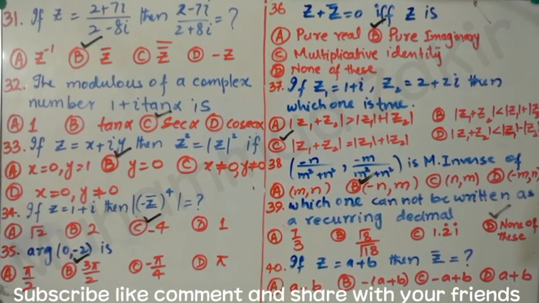Okay, this is next. If z is equal to a plus b, then what is z conjugate? If z is equal to a plus b, it has no iota in it. So this is purely real. So the conjugate of a real number is the real number itself. So which option will be correct? D option will be correct in this case. So the conjugate and the number will be the same when they are real. Z is real, it is the same as its conjugate.